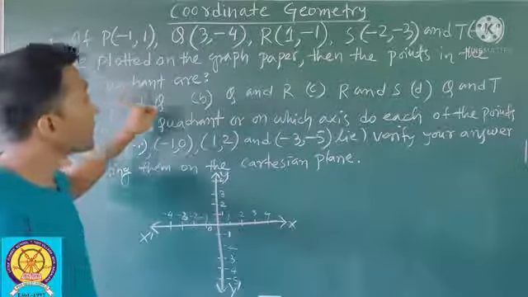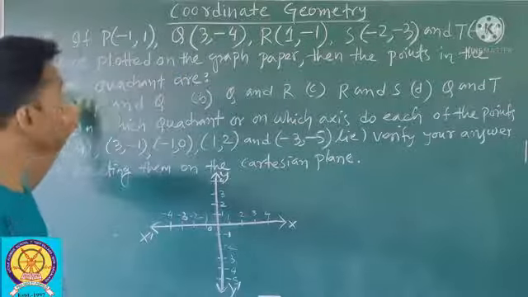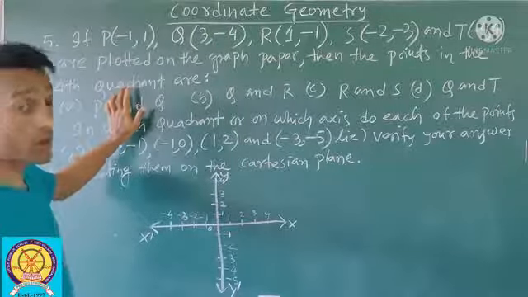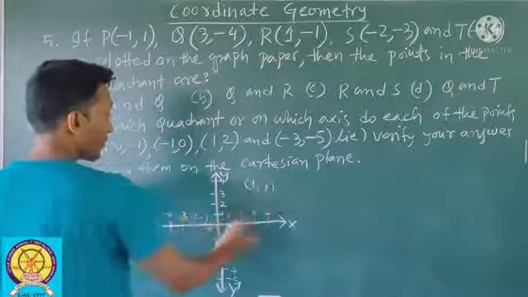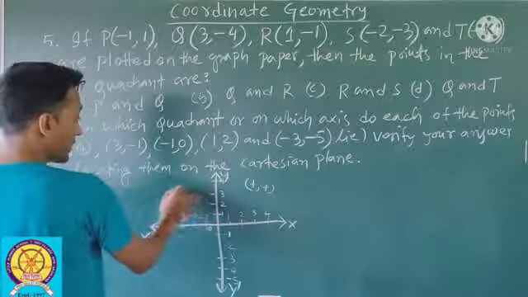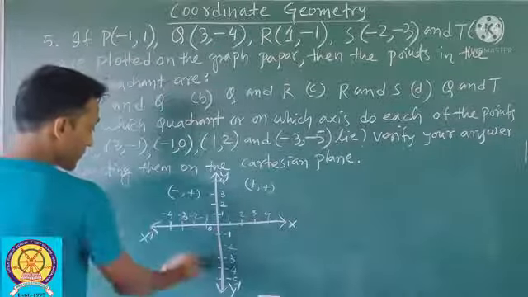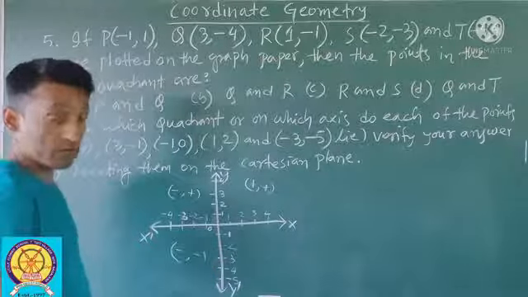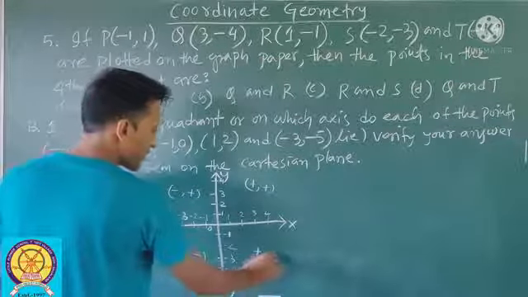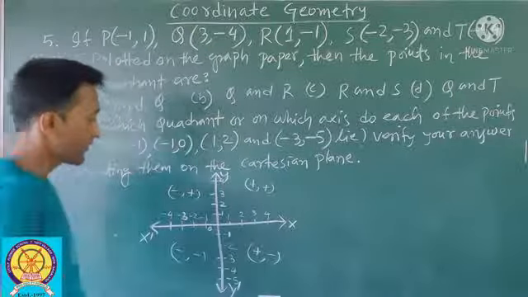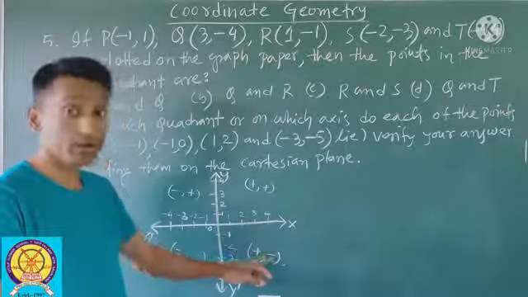You see, when you plot the points on your graph paper, they should be in the fourth quadrant. So in the first quadrant both the coordinates are positive. In the second quadrant x coordinate is negative, y positive. In the third quadrant both the coordinates are negative. In the fourth quadrant, x is positive, y coordinate is negative. So in the fourth quadrant, x coordinate positive, y coordinate negative.